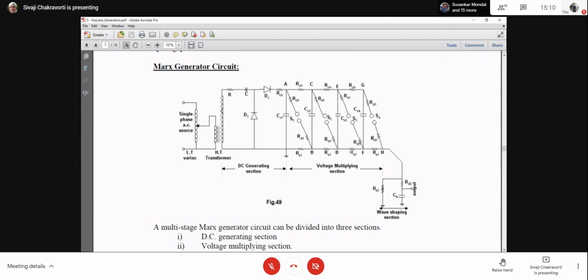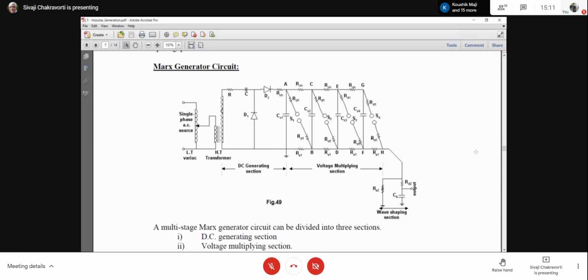In the middle, where you have these multiple stage capacitors with some resistances, this section is called the voltage multiplying section. And in the end on the right side, this is very typical of that single stage circuit. That means there is one capacitor in series with the load condenser, one capacitor in parallel, so that is the discharge resistor in the right bottom, and RD2 at the right bottom is the damping resistor. So this is the circuit.